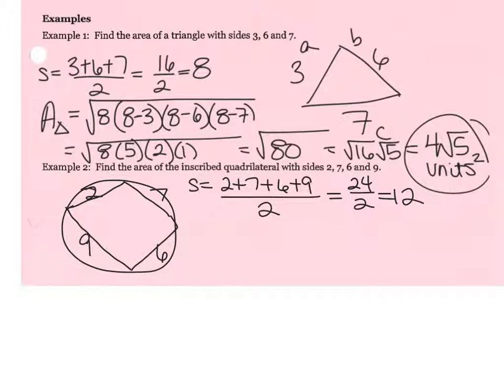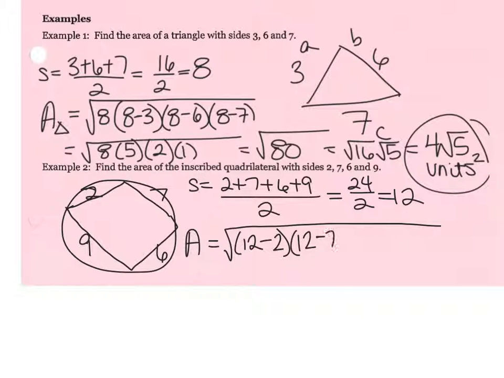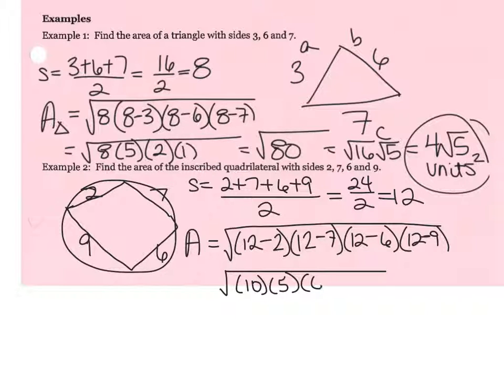So our semi-perimeter is 12, and the area of this cyclic quadrilateral would be equal to the square root of s semi-perimeter minus the first side we'll say is 2 times the semi-perimeter minus 7 times the semi-perimeter minus 6 times the semi-perimeter minus 9. All right, so then let's simplify it. We have the square root of 10 times 5 times 6 times 3